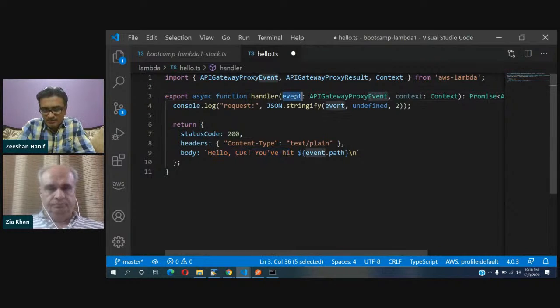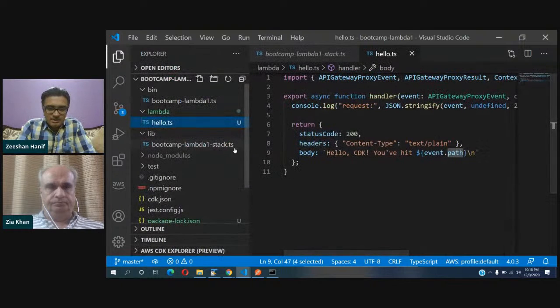The event variable, as we have used with Netlify as well, has a property path which shows which path you have hit. So that's the simple function. There is nothing else at this moment. Once we have this,